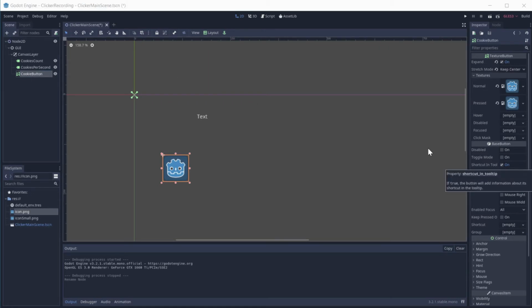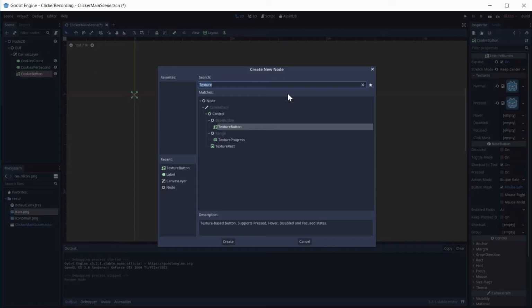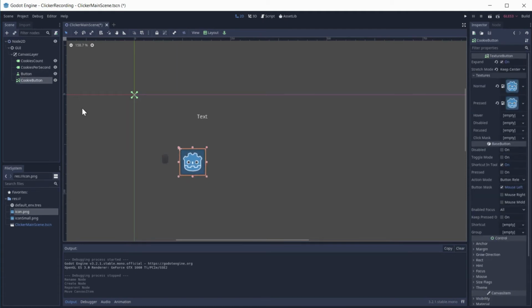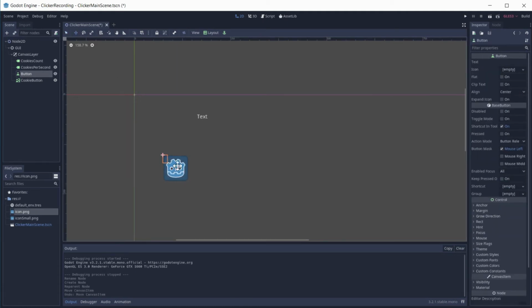Then create another new simple button, or as it is properly called, Base button. Let's rename it immediately and call it the Upgrade button. The difference between Texture and Base button is that in Texture button you can place textures which will change depending on the state of the button, while the Base button is just that, a simple boring clickable button. You still can add an icon, but it will be placed inside the Base button outline.